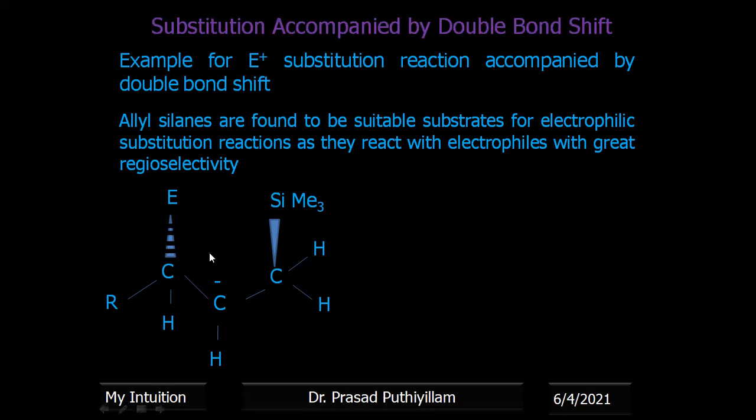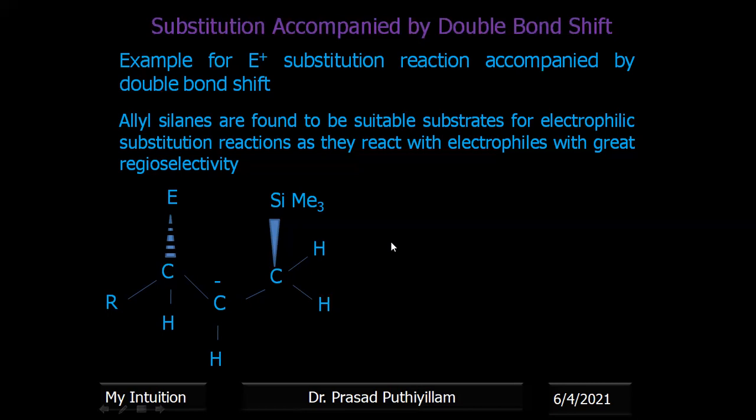So the electrophile attack is from behind the screen, or behind the plane of this molecule. SiMe3 is above the plane, and the electrophile attacks from behind, because the front side has a bulkier group. The SiMe3 methyl groups are connected there. Therefore the front side is a little more bulky, whereas the other side is not that bulky. Therefore the electrophile attacks from that other side, the opposite side.